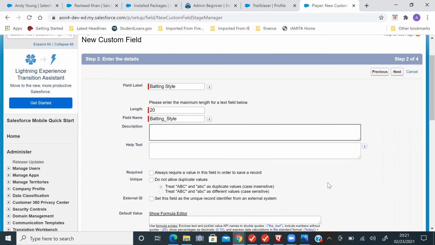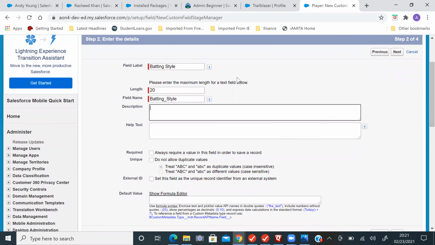So here you can see Required. It means you always require a value in this field in order to save a record. When you click on this check mark, Required, there will be an interview question: while creating the fields, how can we make a required field? You can simply answer that when we are creating a particular field, we can always check mark that Required field. So it will be coming with a red mark, right?